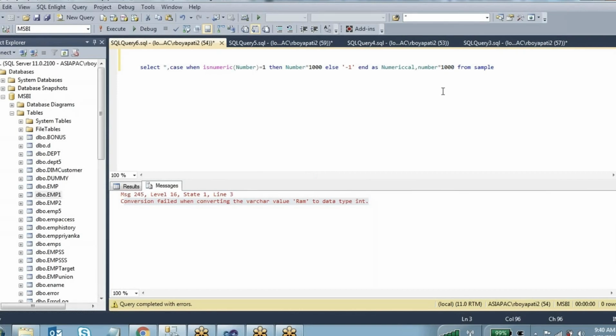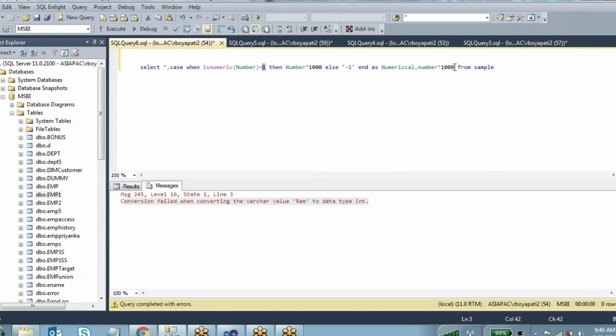So before you multiply any value, you have to identify which one is the numeric value and which one is the string value. When it is a numeric value, what do you want to do? When it is a string value, what do you want to do? So that is the requirement. To find that out, you have to use the ISNUMERIC function. When the value is numeric, it will display 1. If it is non-numeric, it will display 0.